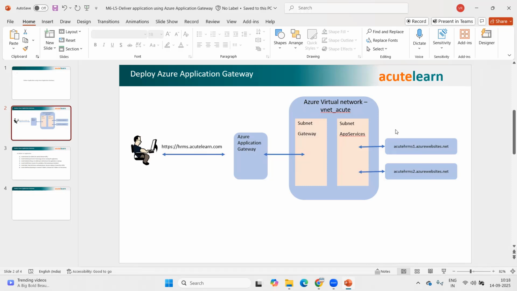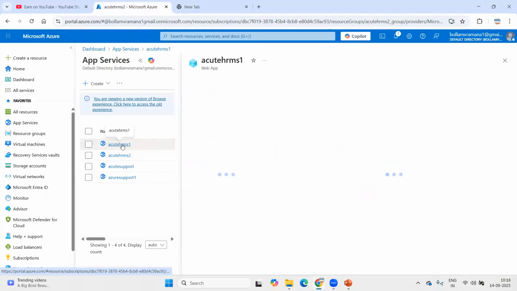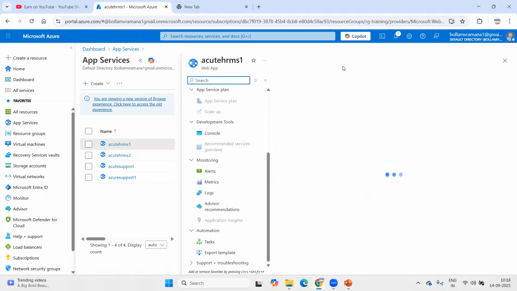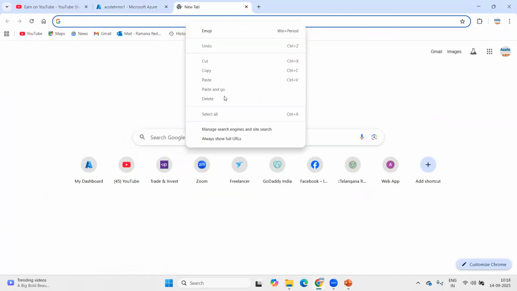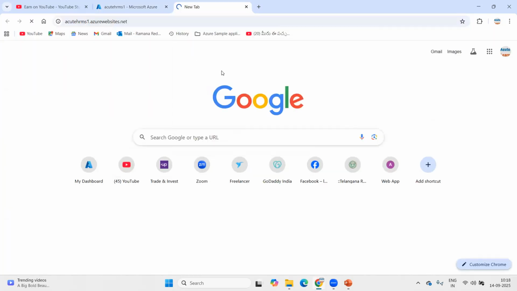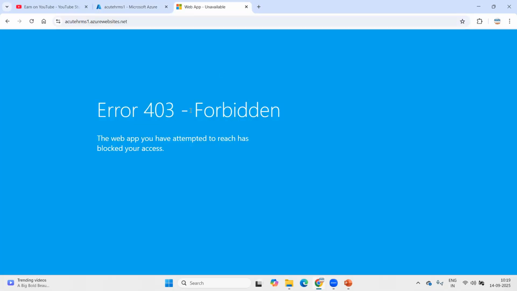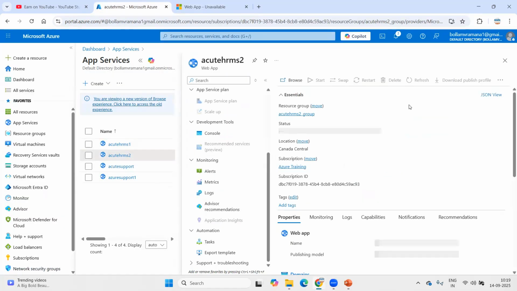So I have two app services. I have Acute HRMS one, which is not publicly enabled. We see a 403 forbidden error. Similarly,